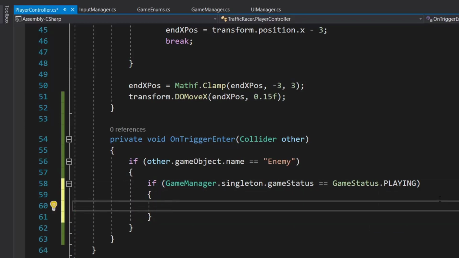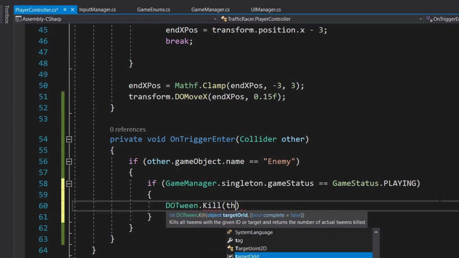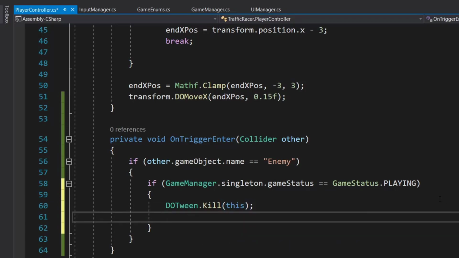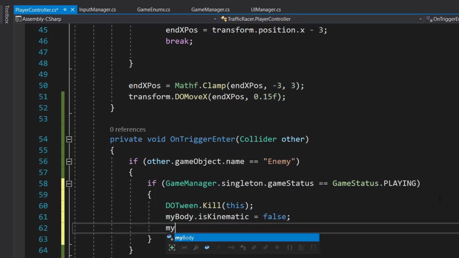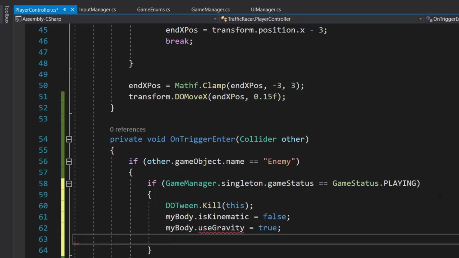Then we are going to kill our DOTween. So DOTween.Kill(this). Any DOTween process which is happening on this game object will get killed. Then we will set myBody.isKinematic equal to false, myBody.useGravity equal to true, and we are going to add force.